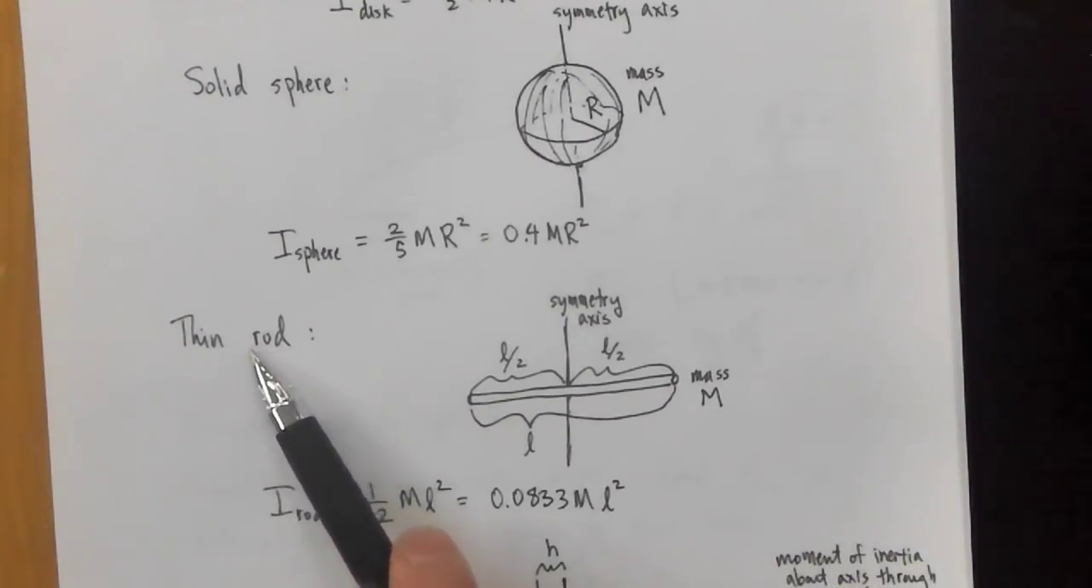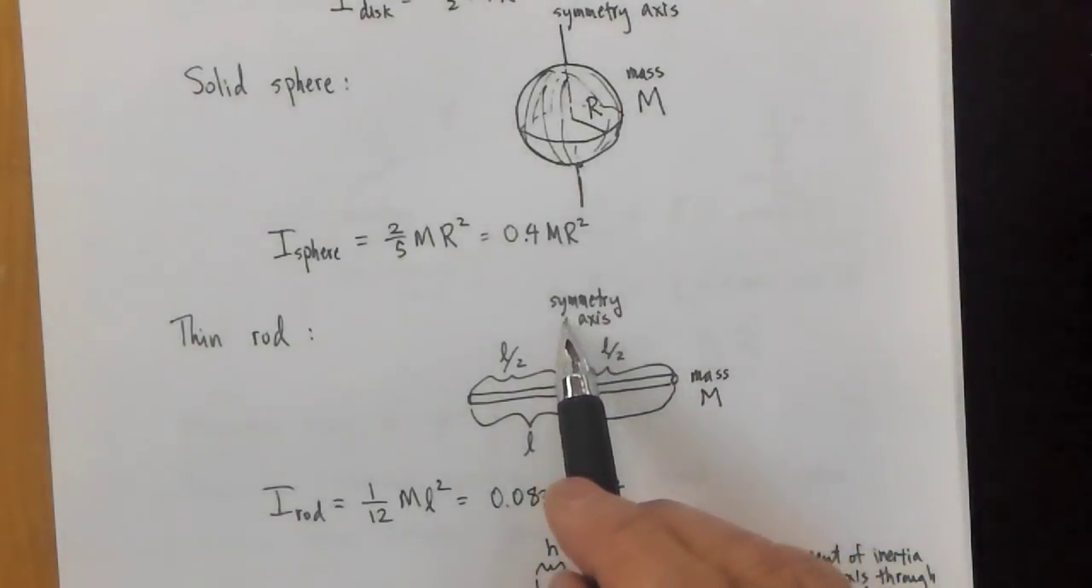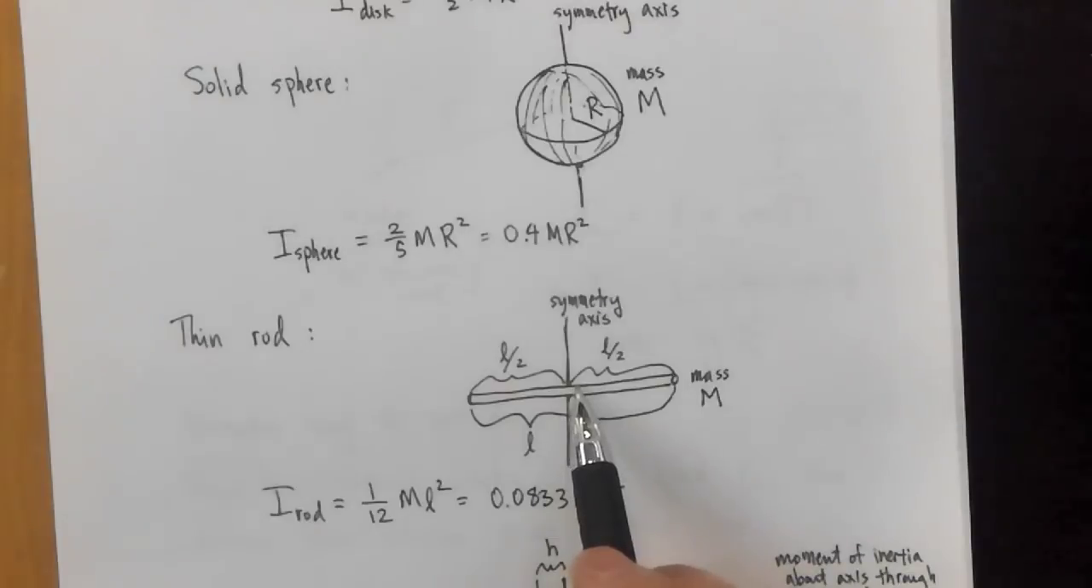Then we also have a thin rod, so any sort of a thin object that really only is long in one dimension, and you're neglecting the width or thickness in the other directions, so it's only having this length. And if you're doing it about the symmetry axis through its center of mass,